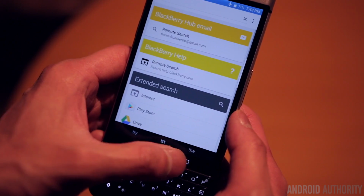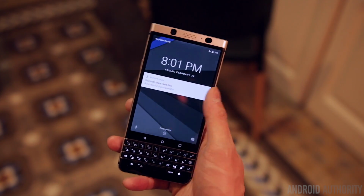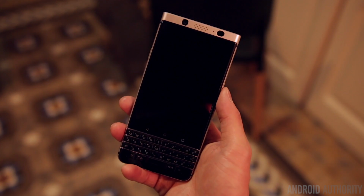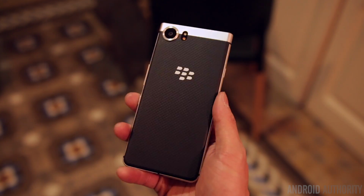As far as the physical design, it's exactly the same as it was when we first got a sneak peek at it back at CES. You've got a sturdy aluminum frame and a soft touch leather-like backing that feels really comfortable and gives the phone a lot of grip. It is a little on the thick side, but that gives plenty of space for a